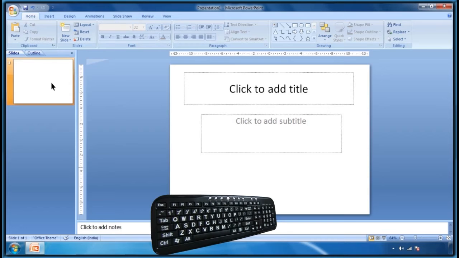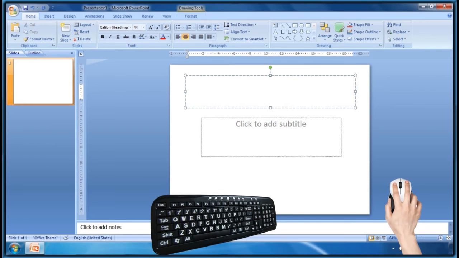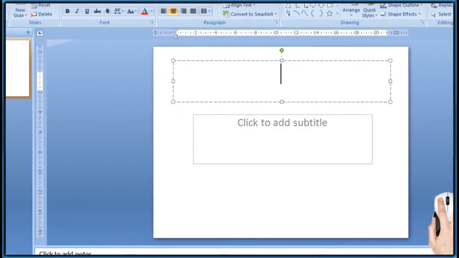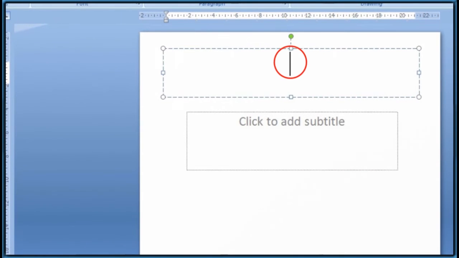Here I am going to prepare one slide with school name and address. This slide by default having two placeholders. One is title and second one is subtitle. Here I am clicking on title placeholder. The blinking object is cursor which enables you to type something.